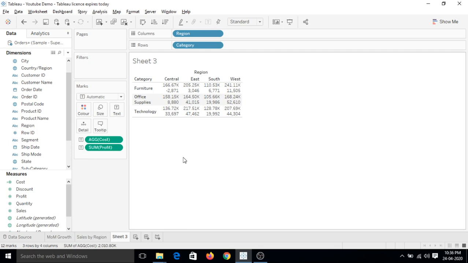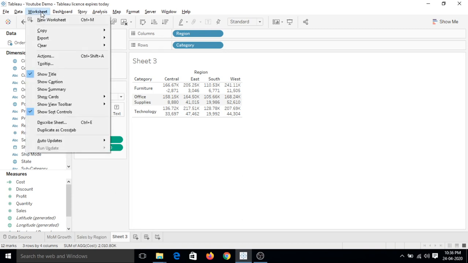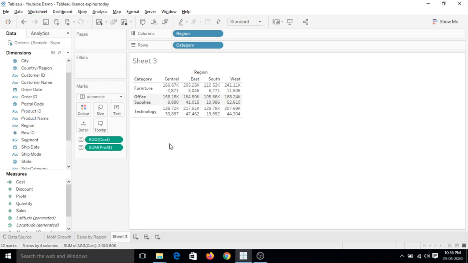And if you are using Tableau, and if you want to become proficient, you should know how many ways there are in a specific panel, like in this worksheet, to create a specific calculated field. Similarly, we have some other options, like if we want to create a new sheet, either we can click here, or we can go to worksheet and create new worksheet, or we can press Ctrl M. So by exploring this tool, you will get to know the shortcuts and many ways to do similar tasks. So this is how you can become proficient.